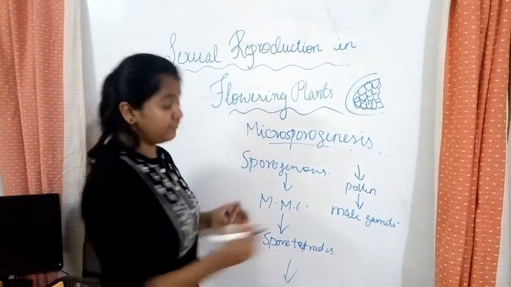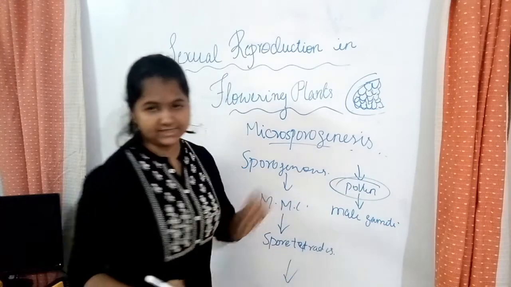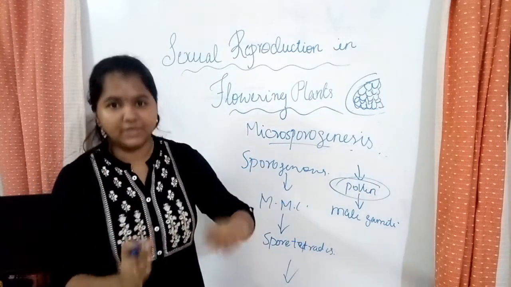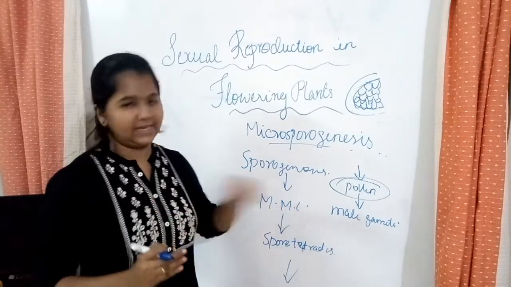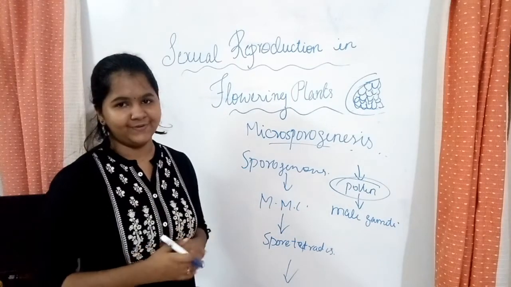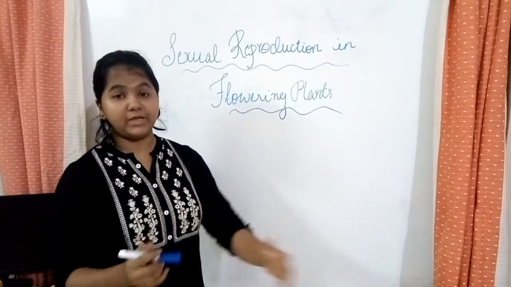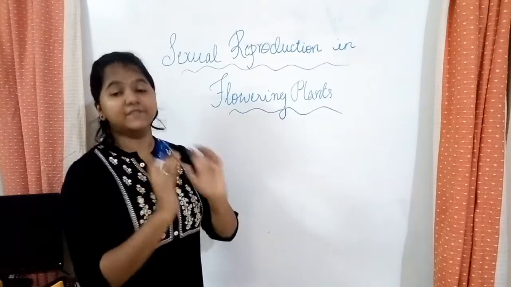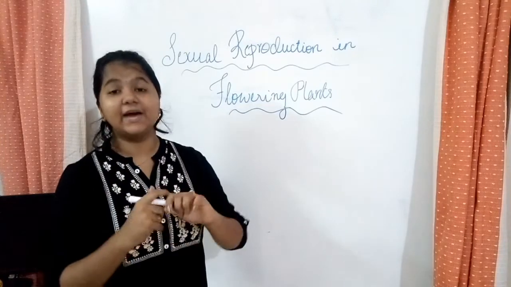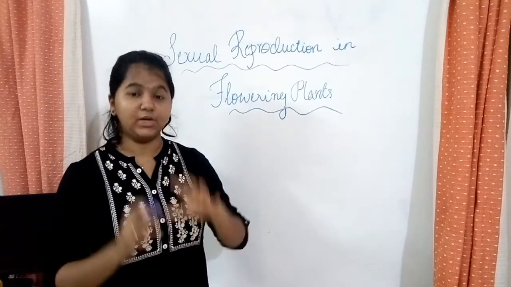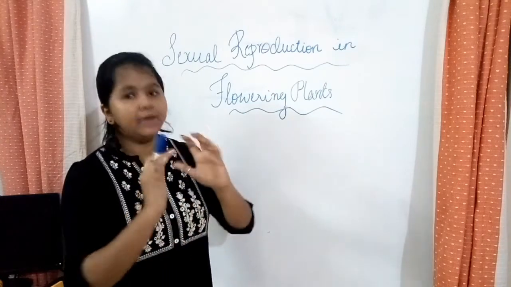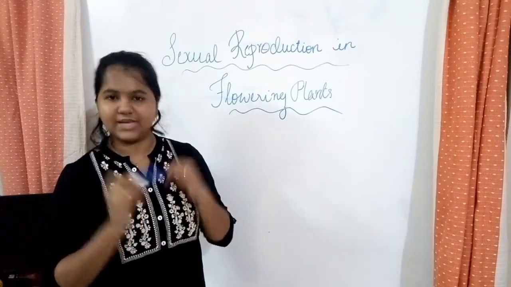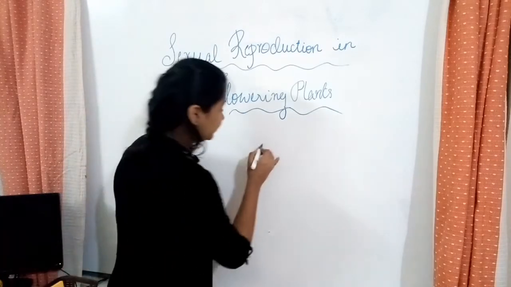Next we learn about pollen. Pollen is the last stage. Pollen contains the male gamete. So I told you it's a mature pollen. Mature pollen contains the male gamete. So let's see about pollen now. Now we'll discuss the formation of the gametes. We learned that only after maturation of the pollen grains would there be the formation of gametes. Only male gametes form when the pollen grains mature. So now we'll see the structure of a pollen grain, the maturation, etc. So first we'll draw the pollen grain.